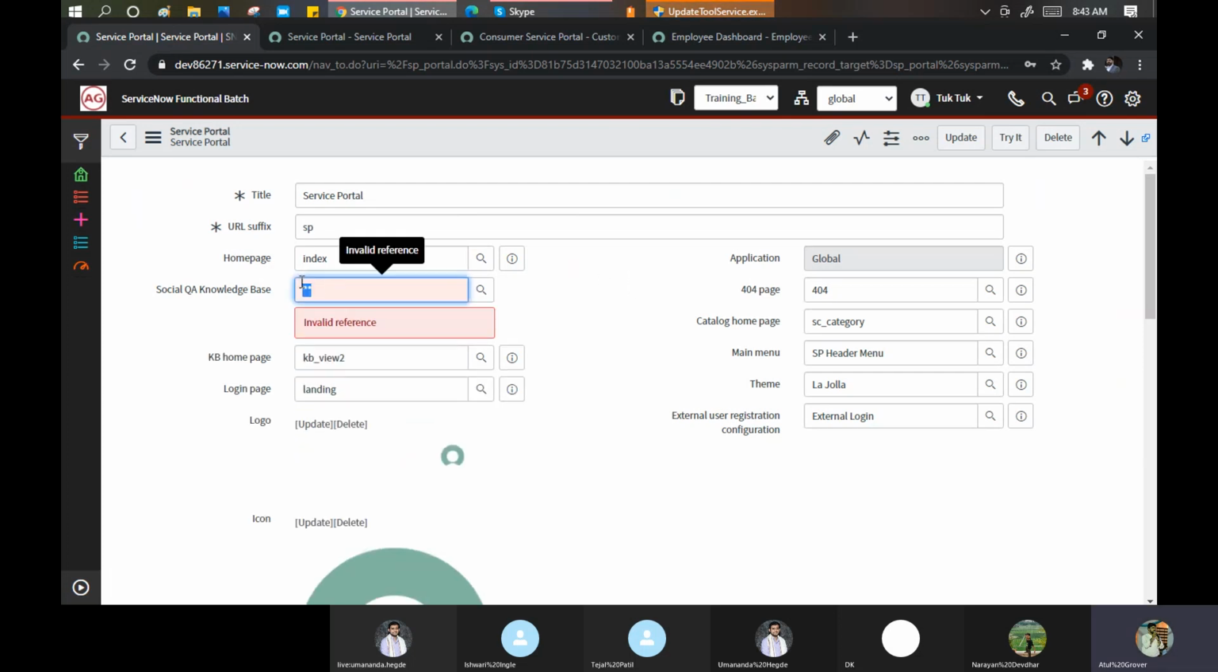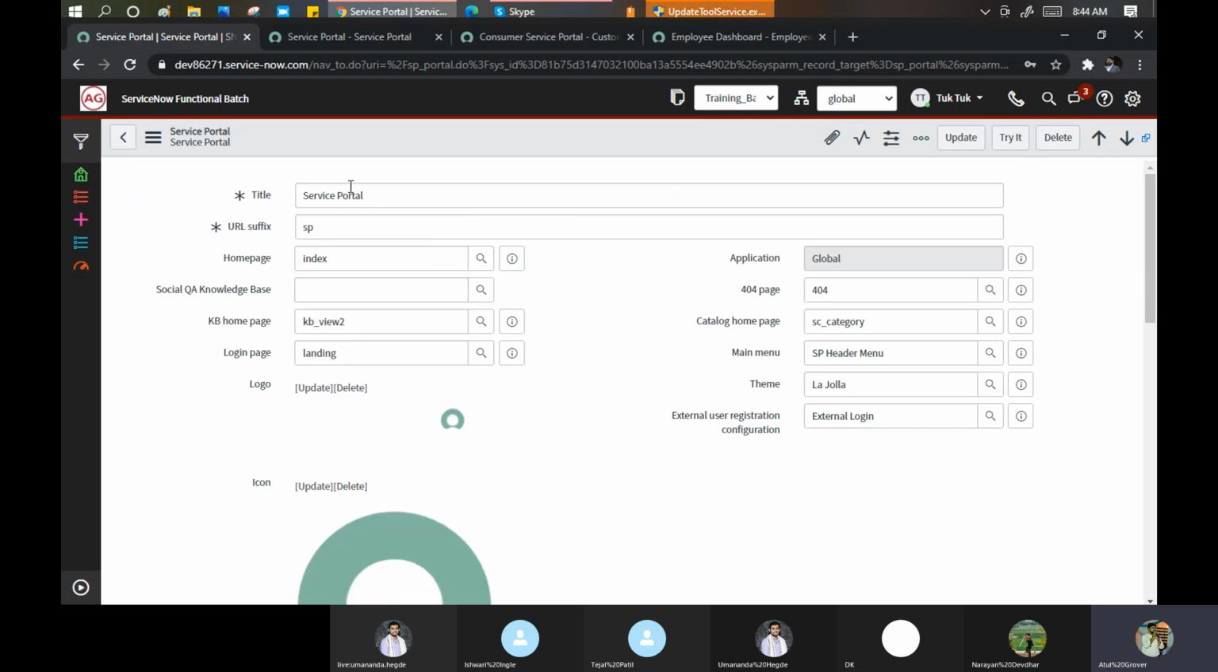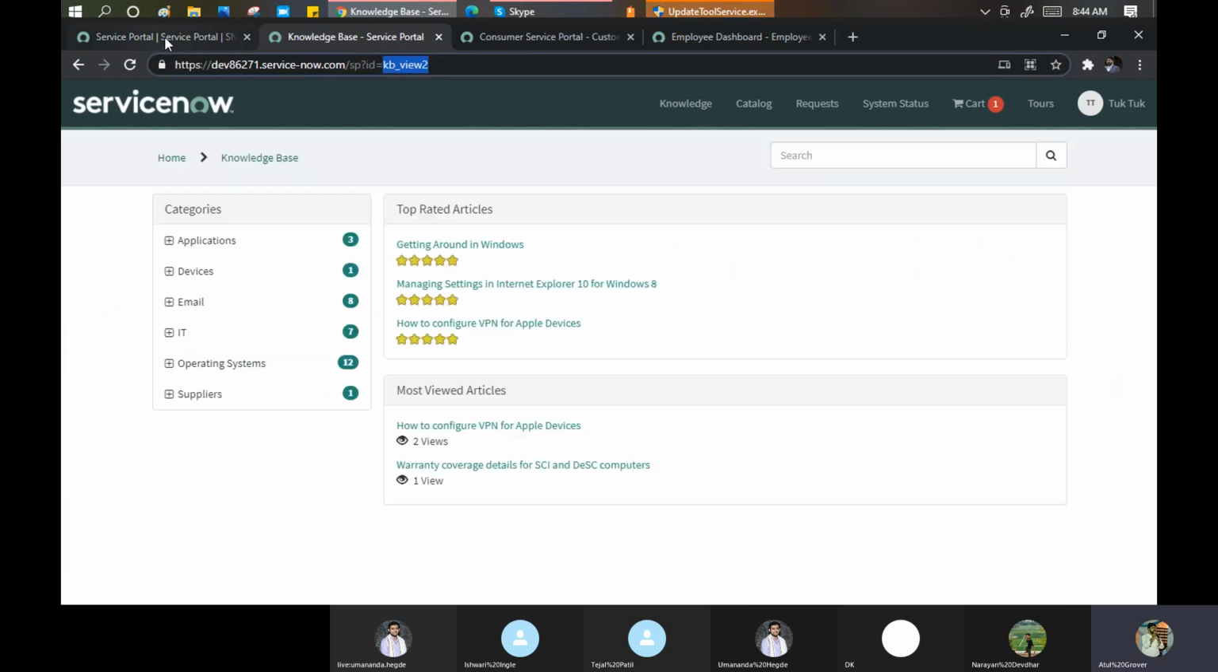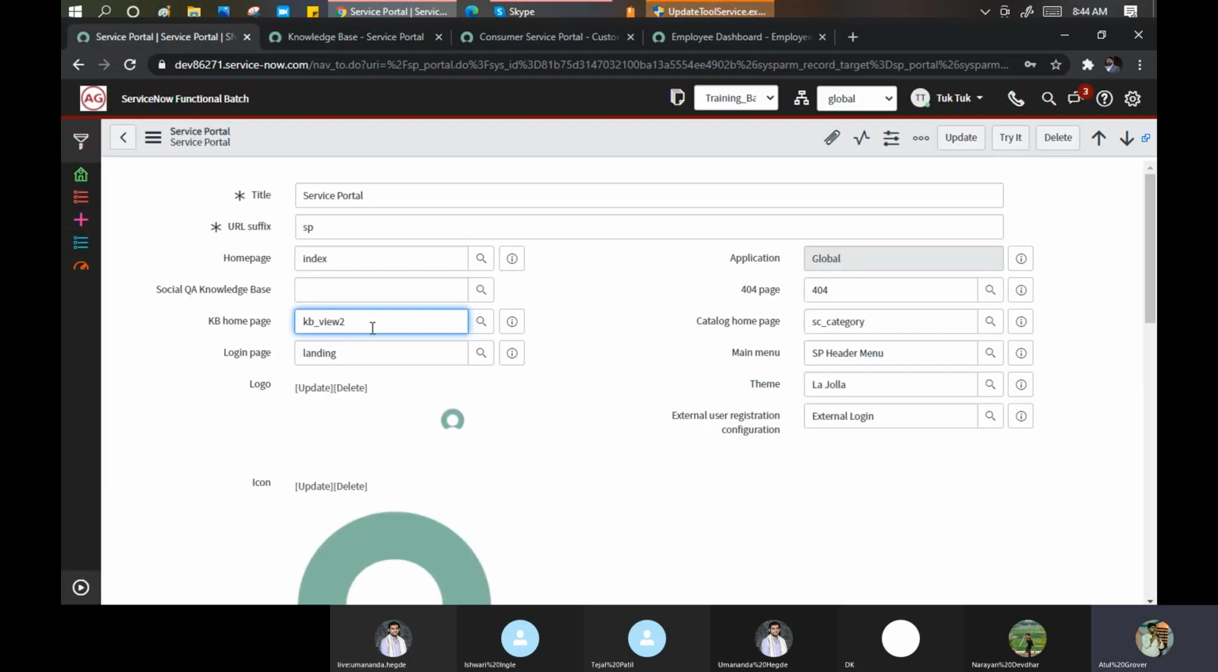These are the standard parameters of a service portal. If you create your own service portal, you will get the same thing. KB home page, KB view 2. If you click on this knowledge base, see where it's going: KB view 2. From where is it coming? It's coming from this particular place. If I change it,